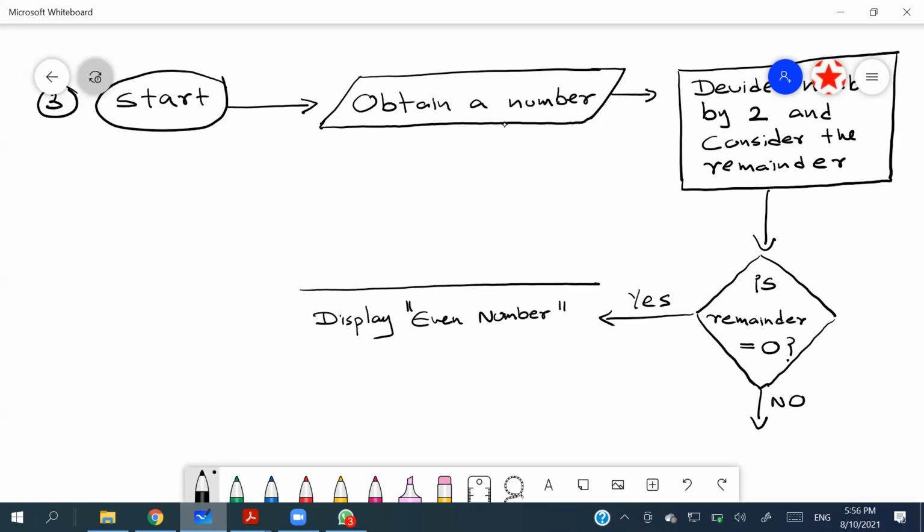So it is going to be an output. Right? And